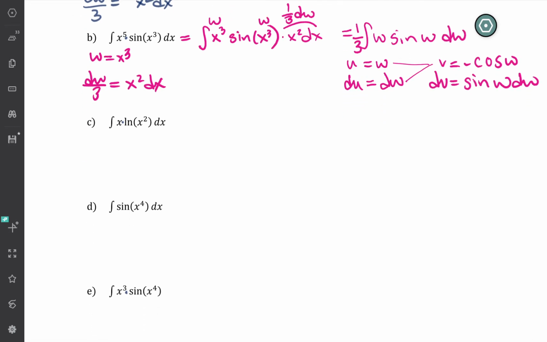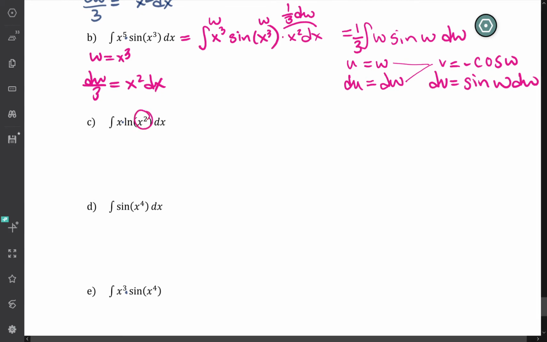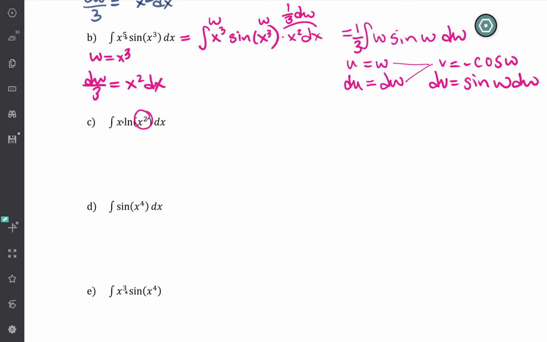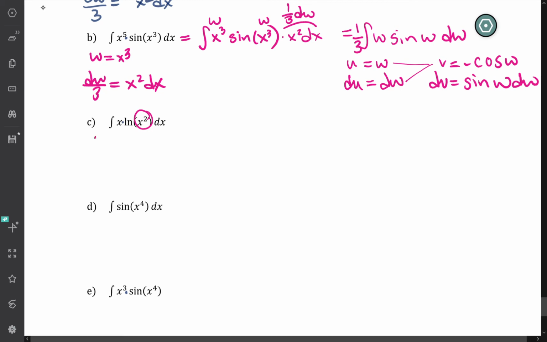Okay, the third one, again, I do see composition. I would point out that you can use log rules. A lot of people just totally space, but one of our log rules says we can move the 2 down in front, and then we could just go for by parts, and it wouldn't be too bad. We can also, if we don't spot that, say, well, if I try and pull that inner function out, it's actually going to be fairly nice